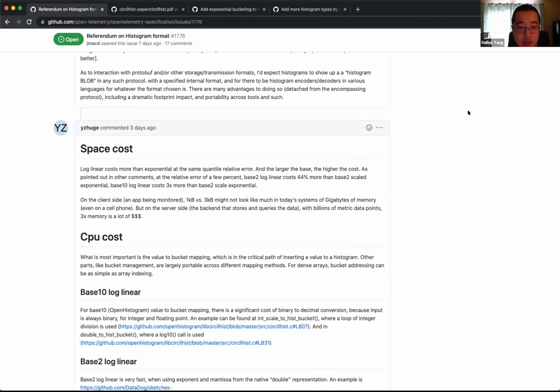Yeah, so I have a question, Josh. From OTLP perspective, or even the OpenTelemetry client libraries, do you think we should put a bias, like we pick one, or we should have the flexibility? We allow people to choose, and we offer both or 3 options to them. What I want is for people to have a choice of library. We should take any library, but the protocol, if we support more than one protocol, like a base 2 and a base 10 protocol, then we get into this world where we have to translate them in and out of each representation, and you have a lossy translation between base 10 and base 2. I understand.